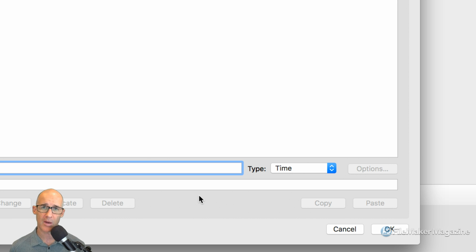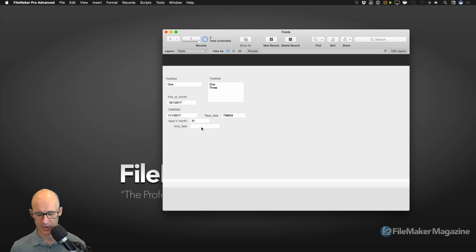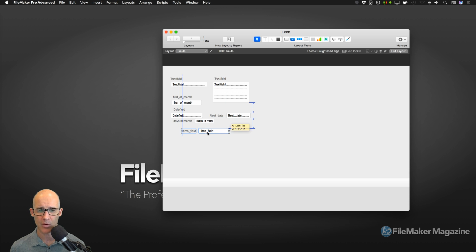And I want you to recognize this is something you have to think about when you're working with FileMaker if it's not super obvious. You put in a time, and you're thinking of time in terms of typically 12-hour with AM and PM. FileMaker doesn't store that data as AM and PM. It just represents it as AM and PM. Now it does store the A and the P in the field for you to see, but behind the scenes it's using, again, a number. And we can always see that by going to this time field that we threw on this quickly becoming messy